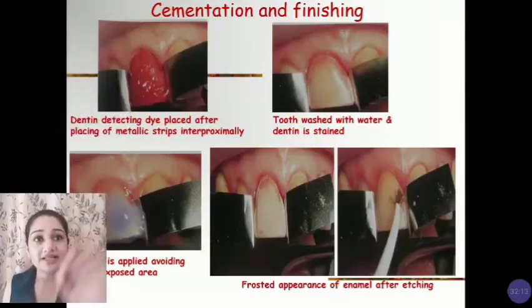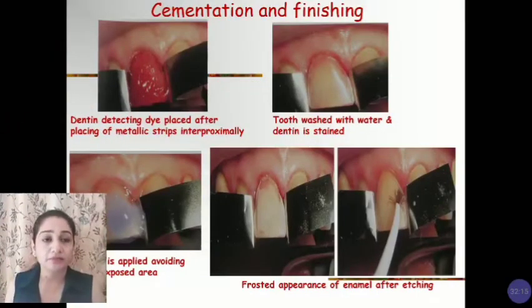So, coming to final cementation and finishing. In this, first, dentin detecting dye is placed after placing metallic strips interproximally. We use metallic strips interproximally so that whatever material we are using will not flow onto the adjacent teeth. The dentinal detecting dye is placed because we prepare the tooth inside the